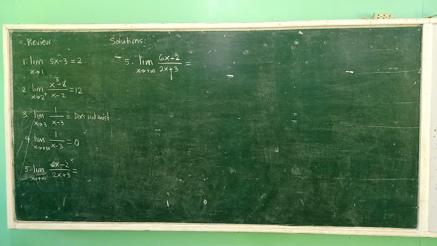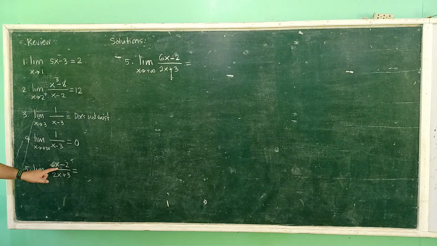Okay, so for number 4, we have obtained that the limit of 1 over x minus 3 is 0 because as the denominator gets larger and larger, the value of the fraction is approaching 0, because the numerator is constant 1. For number 5, it's still approaching positive infinity, but in this case, when the denominator is increasing,